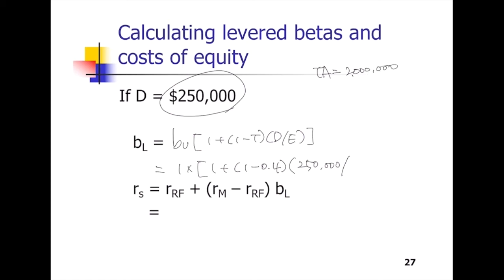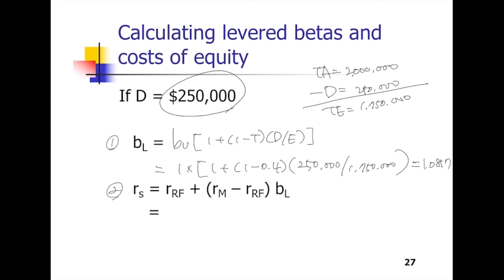So subtract the debt. Total equity is, right. So finally you get the levered beta, that is 1.0857,